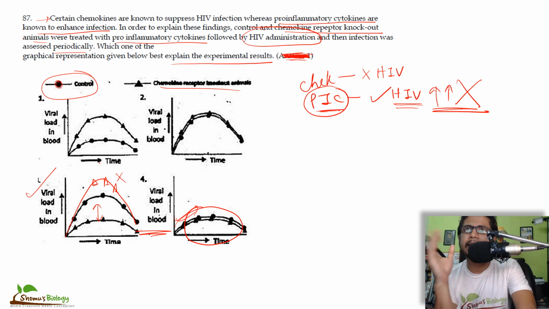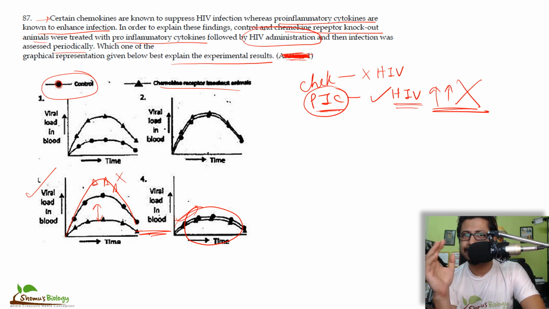They always ask these kinds of immunology questions that mostly are the result of different experiments and combinations of different experiments involving different mice, different interleukins, different interleukin receptors, cytokines, chemokine receptors, and so on. So you need to read a lot of things, and not only that, but once you prepare every single detail of the immune system, still this part will always remain a big question mark in the exam. That's why I never encourage anyone to go with immunology, because they ask 1 to 2 questions, 2 questions at max from immunology in part C